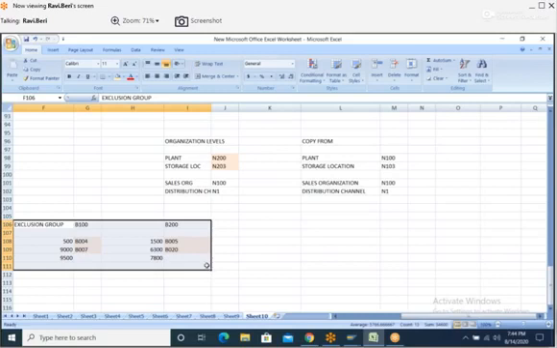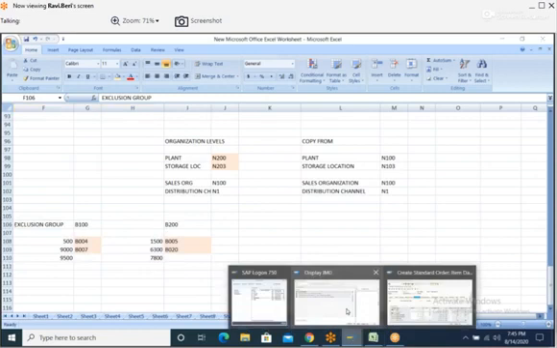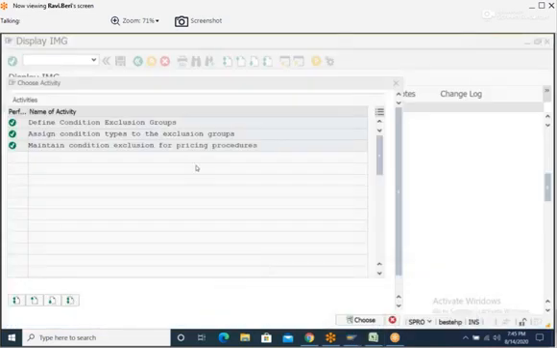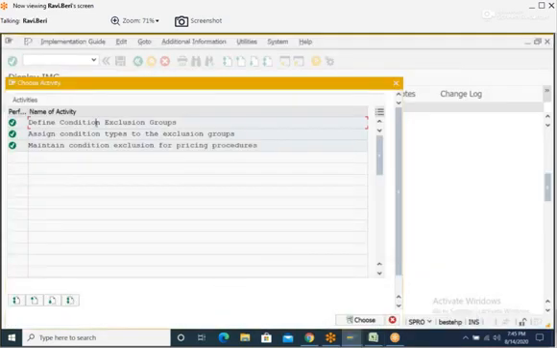Okay, we'll see the configuration from this example. Go to the same step. Make a note.